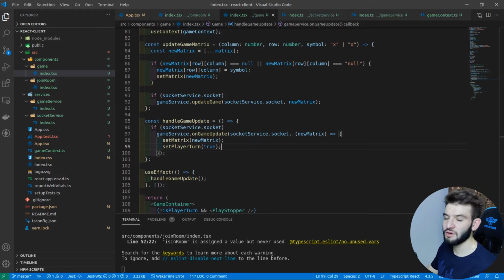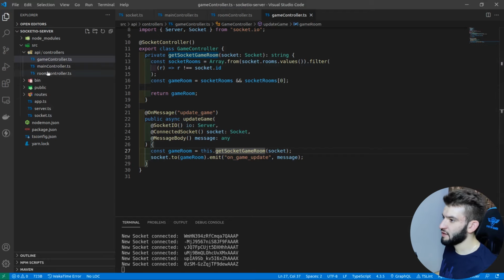So we randomly tell him, you got the first turn, you can go first, and you can give him a symbol that you choose, like a random symbol, X or O. Of course, it all depends on the game scenario that you want to cover, okay? So let's go ahead into the server,